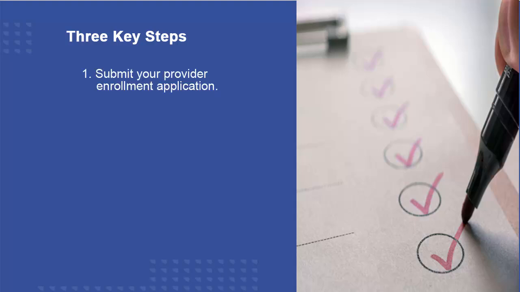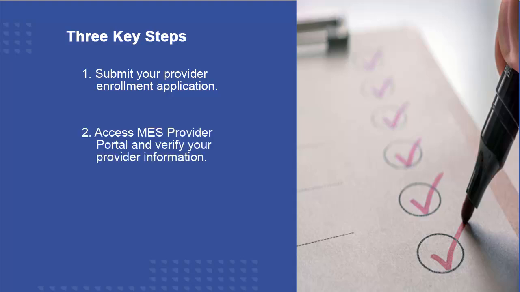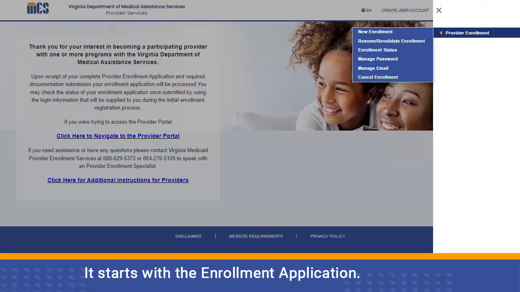First, you'll need to enroll as a Virginia Medicaid provider if you are not already enrolled, or if you need to add a service location. Next, you'll need to access the MES provider portal. Then you'll need to set up all delegates who will perform tasks in the portal on the provider's behalf. It is that simple. The transition to using MES and the provider portal starts with enrollment, using the Provider Enrollment